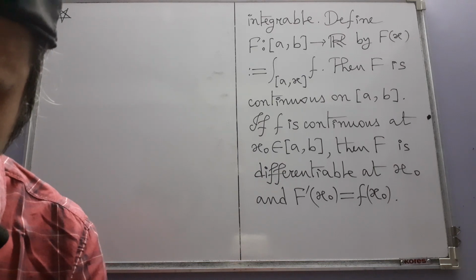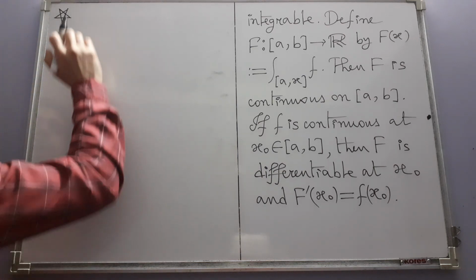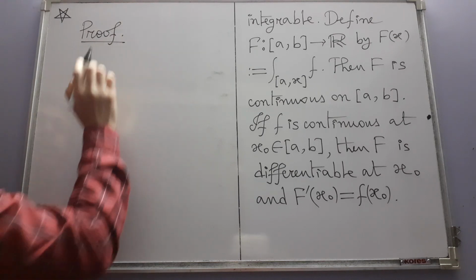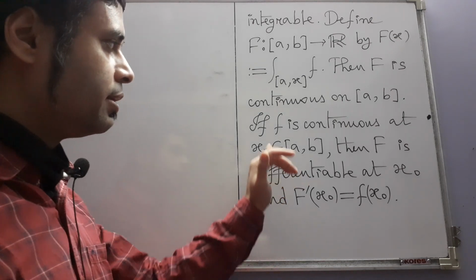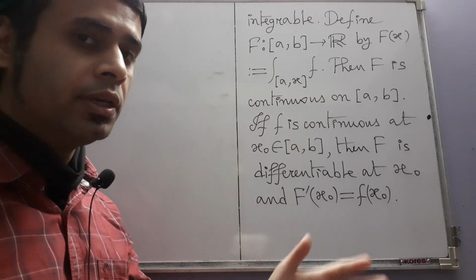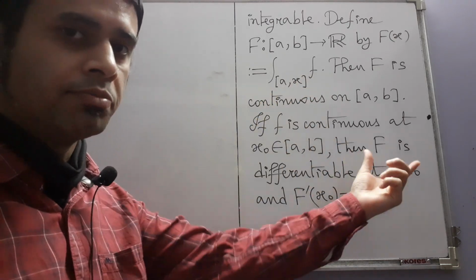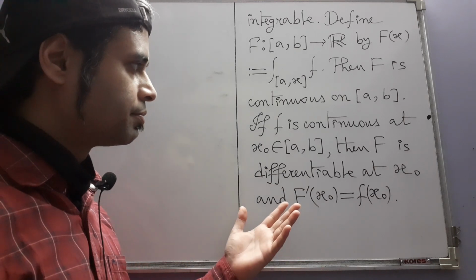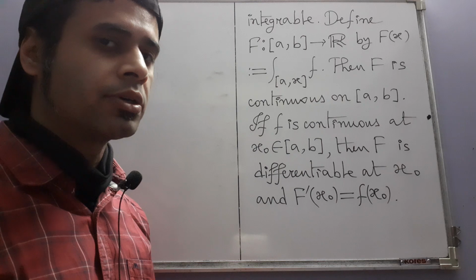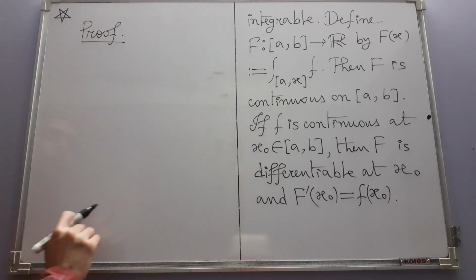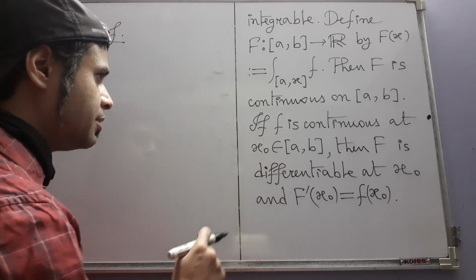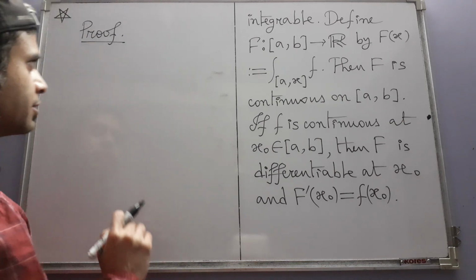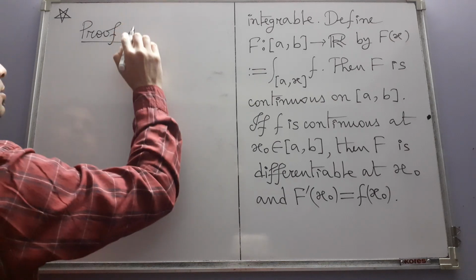So the proof starts like this. Note that we are not saying anything about continuity of small f in general on its domain a, b. Small f is just integrable, and by now we know very well that an integrable function need not be continuous. However, small f needs to be bounded because integrability has been defined only for bounded functions, and that's what we start with. Since